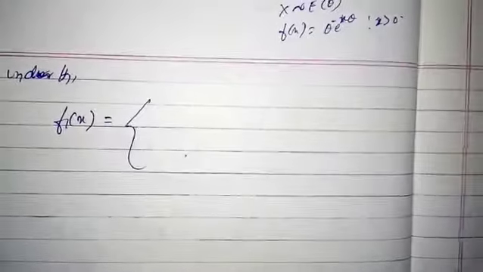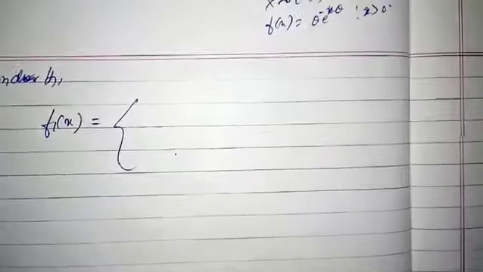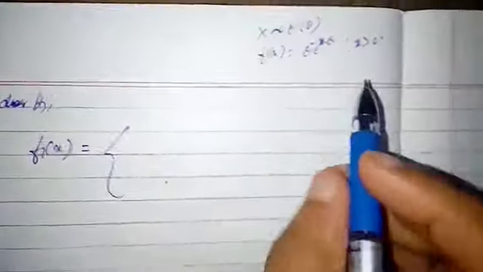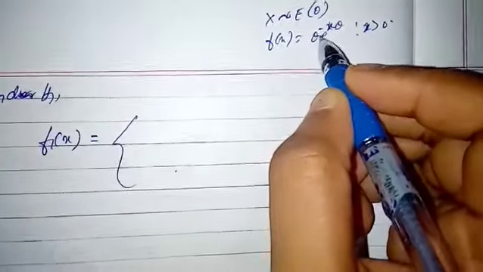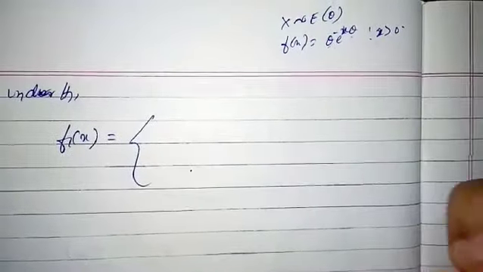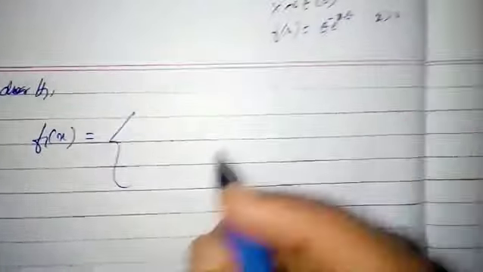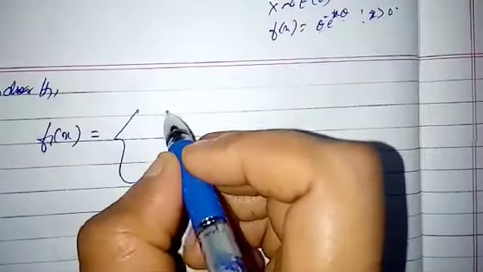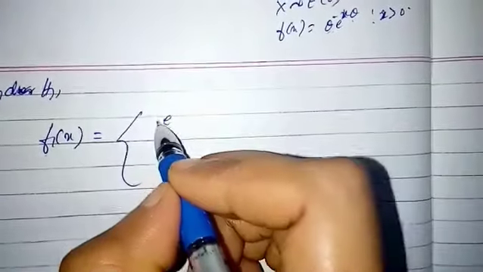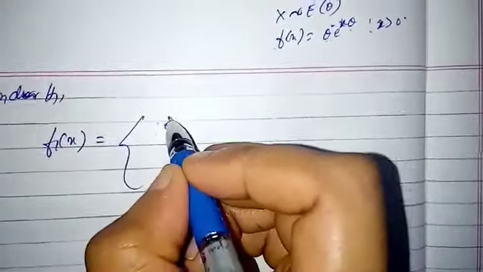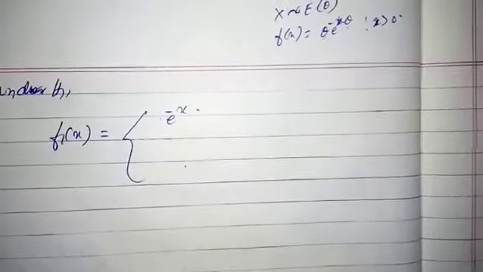But here in the question it says that x follows exponential with parameter 1, so instead of theta we need to write 1. That is f1 of x equals e power minus x,